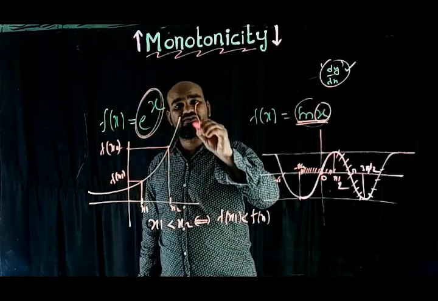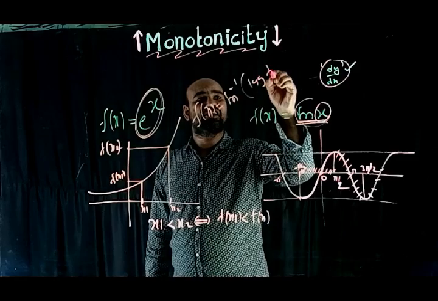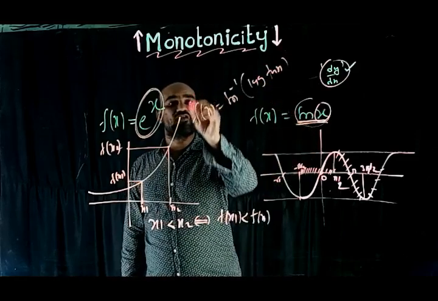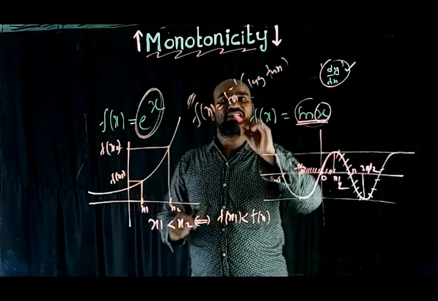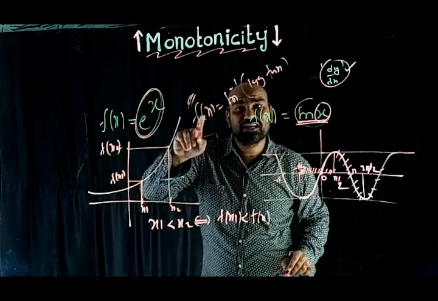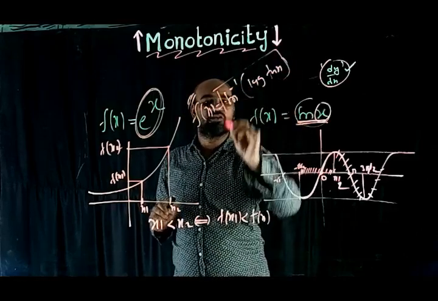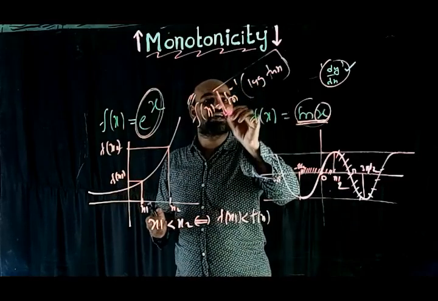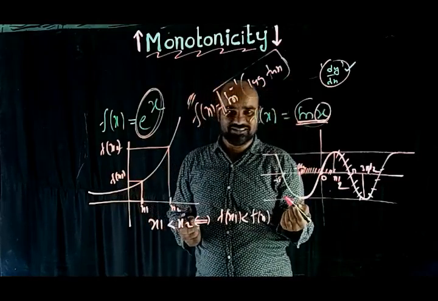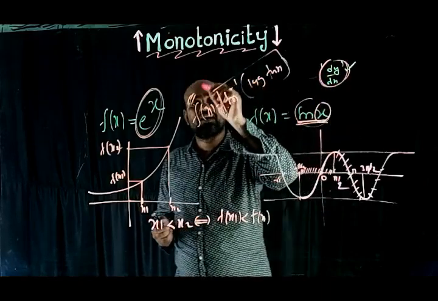For example, a function is given like this: f of x equal to sin inverse of log of tan x. We want to know its nature, its behavior. That means we should find in what intervals it increases and in what intervals it decreases. One way is to draw the graph of this function. If you know the graph, then you can easily say its nature. But it is very difficult to draw the graph of sin inverse of log of tan x. That's why by using the differentiation concept, you can find the nature of such functions also.